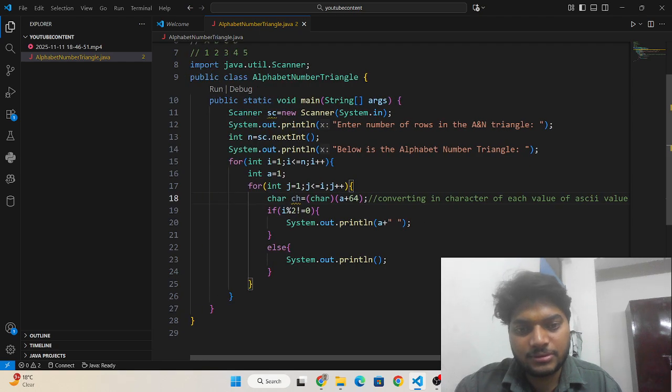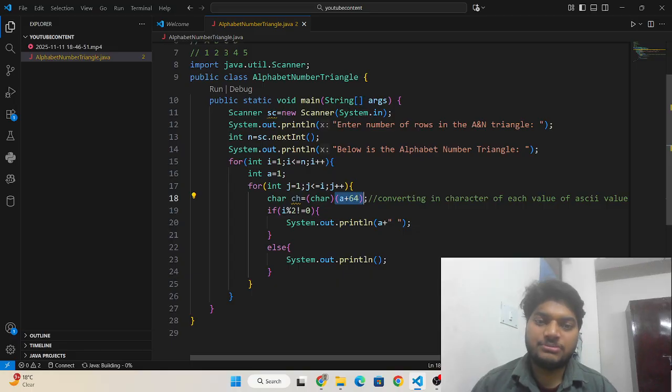The a plus 64 is making the uppercase letter of the alphabet.